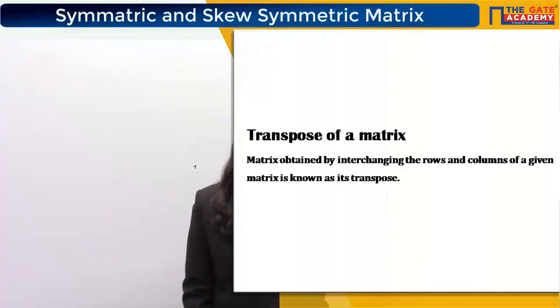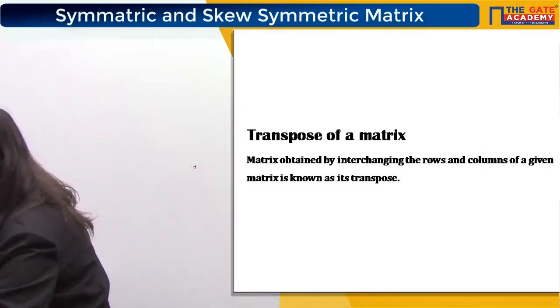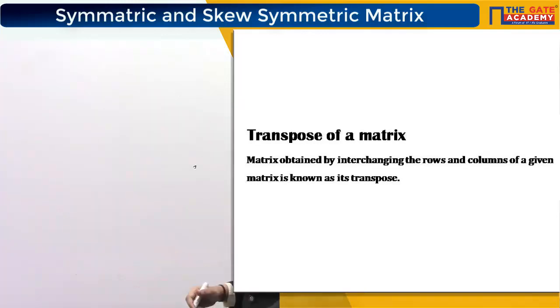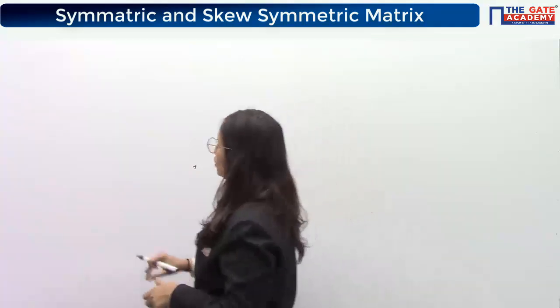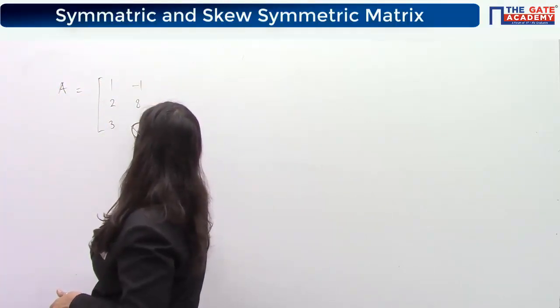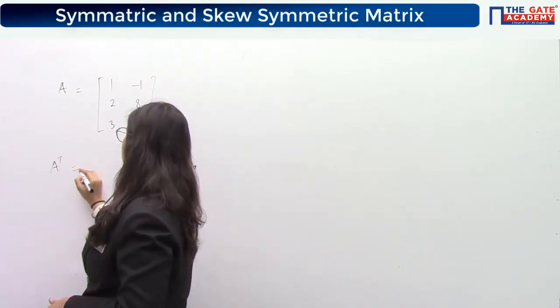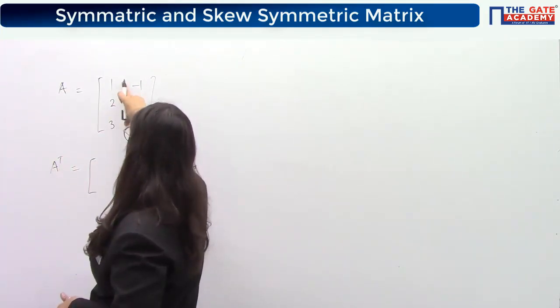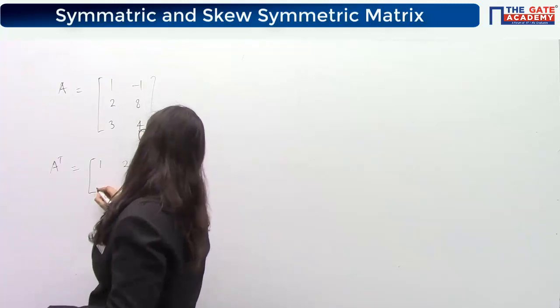Okay, now tell me what is the transpose of a matrix. Yes, everybody is answering very correctly. Transpose is nothing but a matrix obtained by changing its rows into columns and columns into rows. Okay, definition you can copy from the slide. The matrix obtained by interchanging the rows and columns of a given matrix is known as its transpose. So if I say that A is a matrix like this, then its transpose will be just interchanging the rows into columns. So this column will become its row, the first row, and the second column of A will become the second row of A transpose.